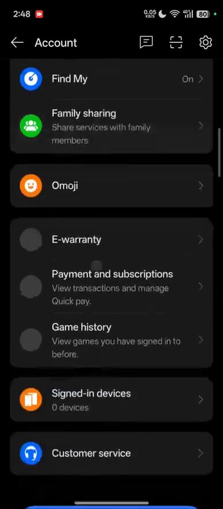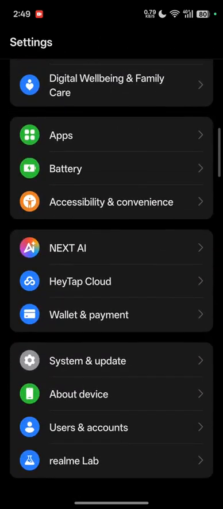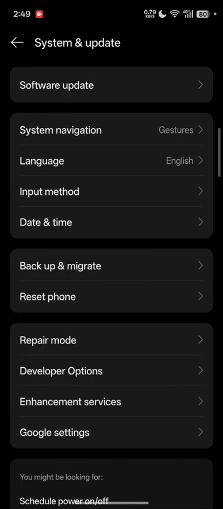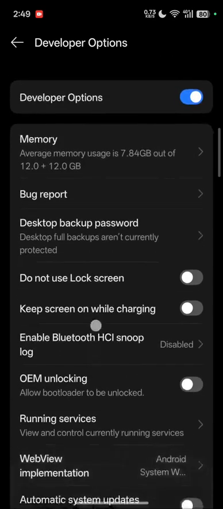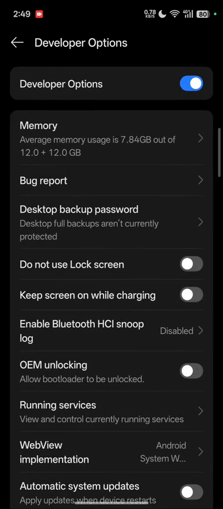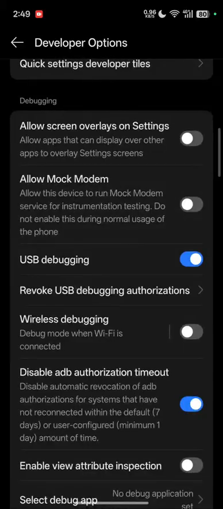It will tell you to log in. So you are just going to log in here when you are turning on your debugging security option. Once you log in,